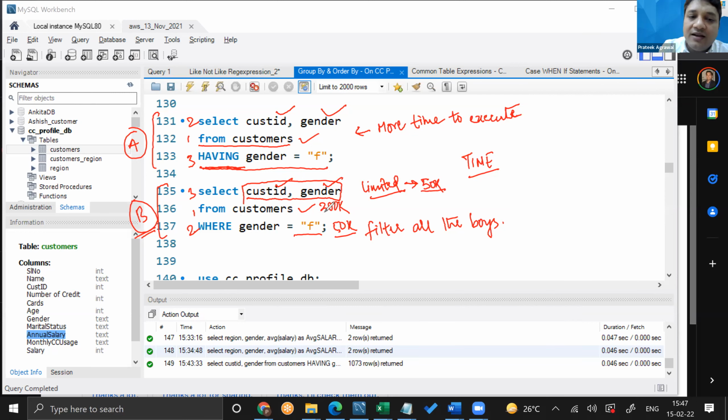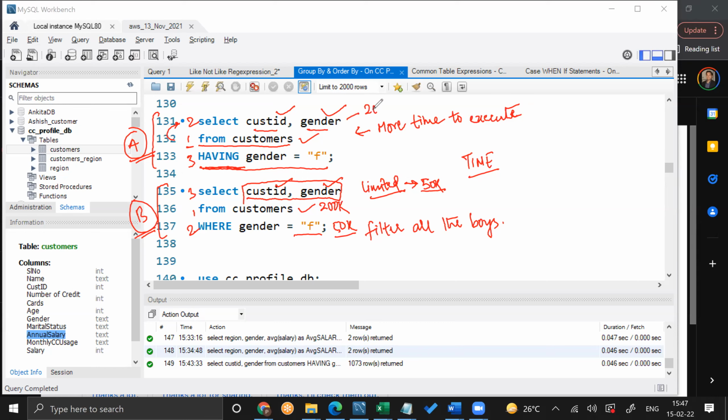Now, let's go to A type of query. In A type of query, the table opens first, which is this one, from customers. Then it goes directly to SELECT, because HAVING is the last thing to execute. So when it goes to SELECT, how many rows will it extract the data? Okay, now got it.